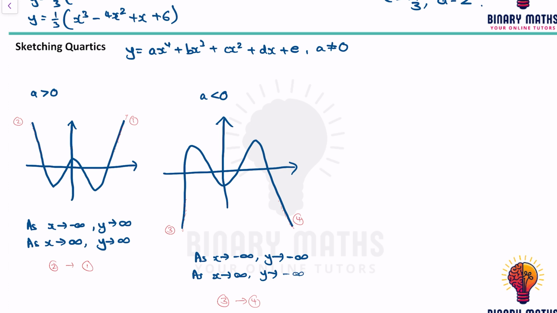Okay, there are special cases, so it doesn't always look like that. If you look at the two examples I've given you, you'll see there are 1, 2, 3, 4 x-intercepts. In this one, there are 4 roots. Sometimes your quartic can have 0, 1, 2, 3, or 4 x-intercepts. I've given you the general cases when there are 4 x-intercepts. If there are 3 x-intercepts, it means there's a double root